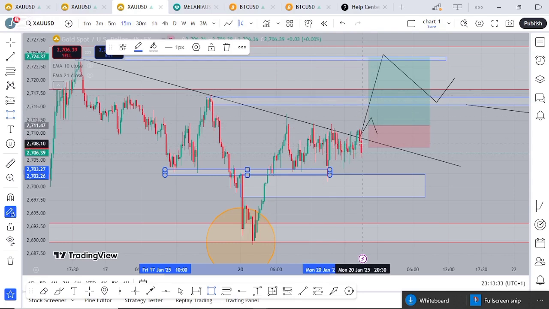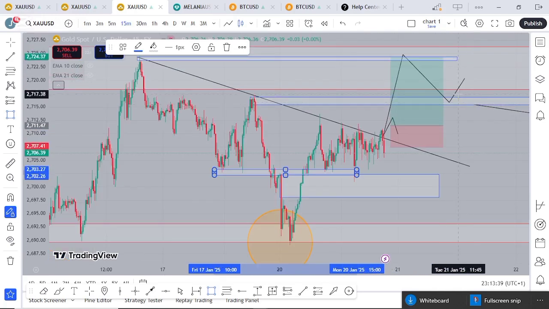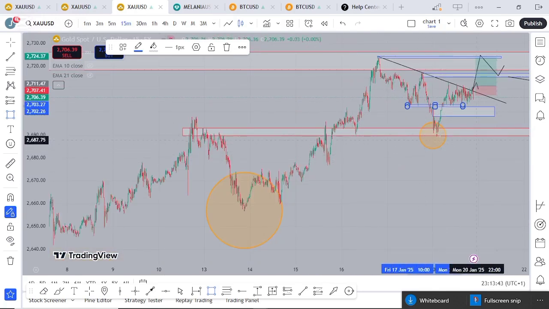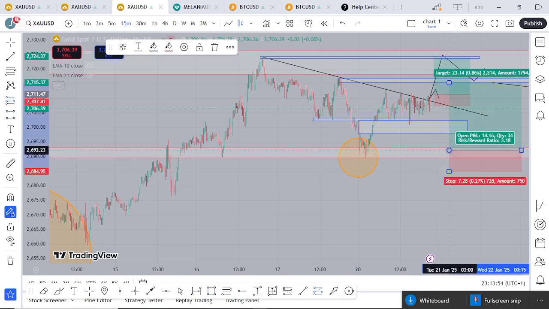We'll jump inside, guys. So now these are my expectations on gold this week: the long move and the short move. The only way that I can go short, I told you guys, is if I see a break and retest of this zone. So even if this point could not hold price for now, I'm expecting this particular zone here should hold price also.